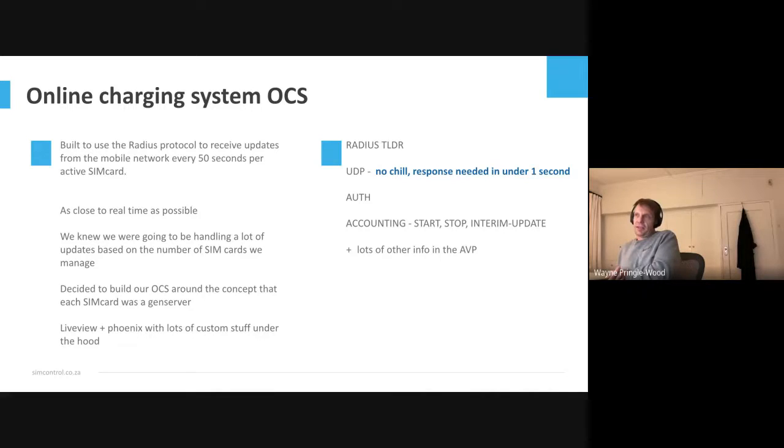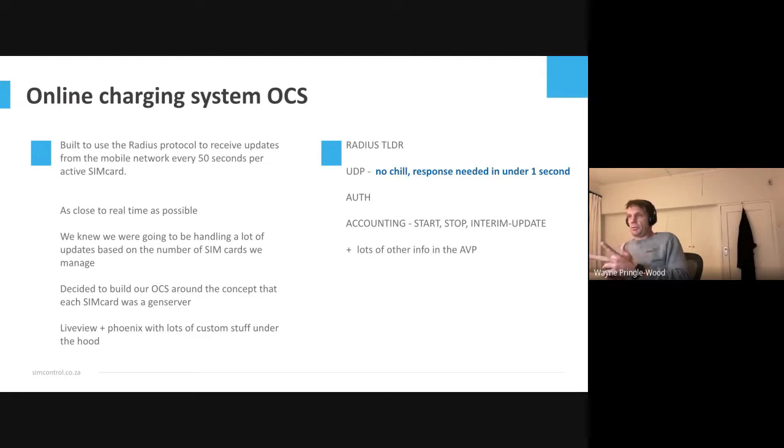So cool. Yeah, so RADIUS as a protocol, it's over UDP. It doesn't have any other response, but you can either accept or reject the message. It doesn't have a chill, so you can't tell it to back off or anything like that. You've got to accept every single packet and respond to it. Otherwise, it's going to resend that packet to you. So if you are not servicing packets, it's going to just keep resending those packets to you.